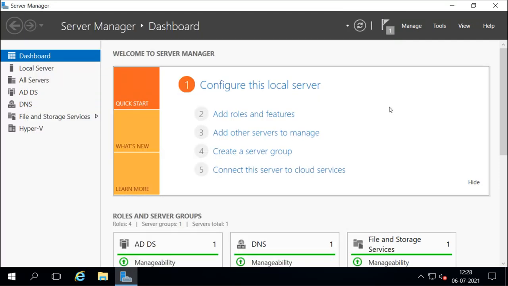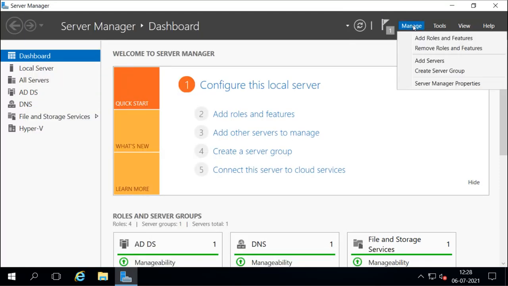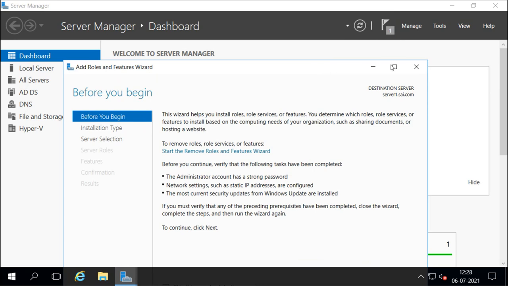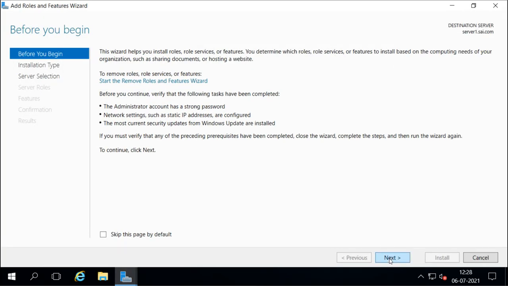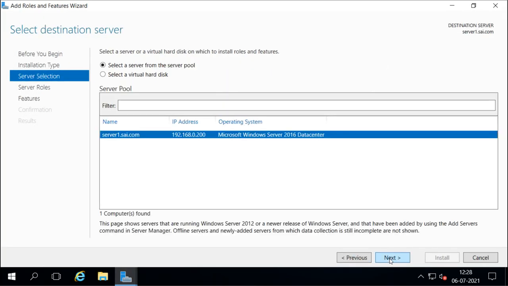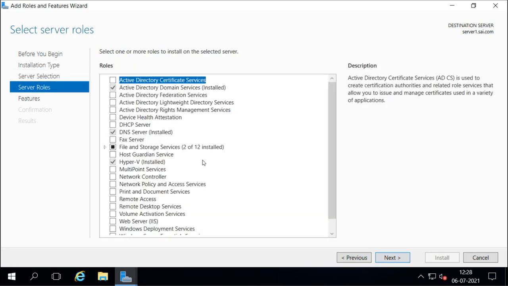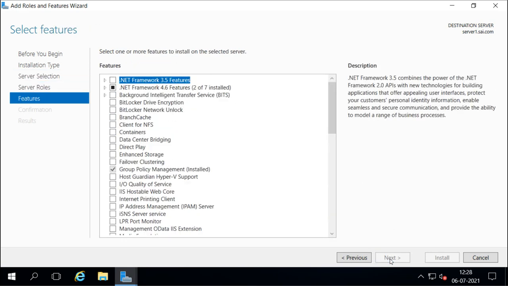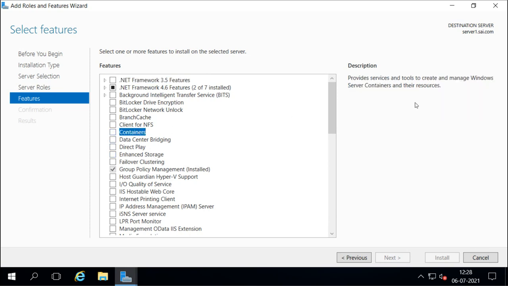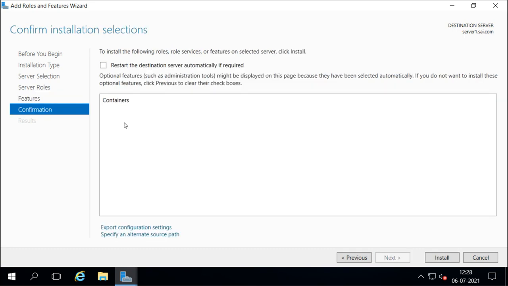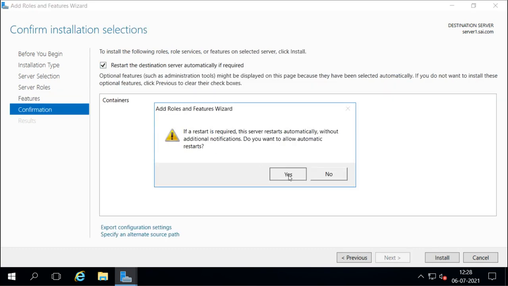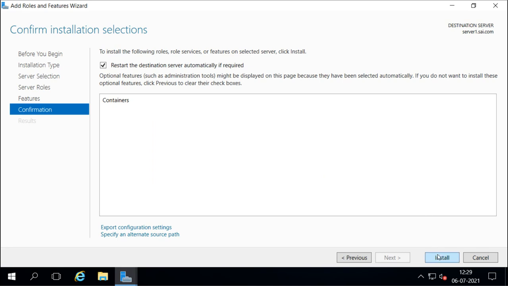Okay, now we can install the container feature. Now container comes as a feature, so we go onto features. This is roles. We go to features and we select. Here we have containers. This provides the service and tools to create and manage Windows Server container and their resources. So we select this and we go on to select next. If restart required, then I will say yes and I will install it.